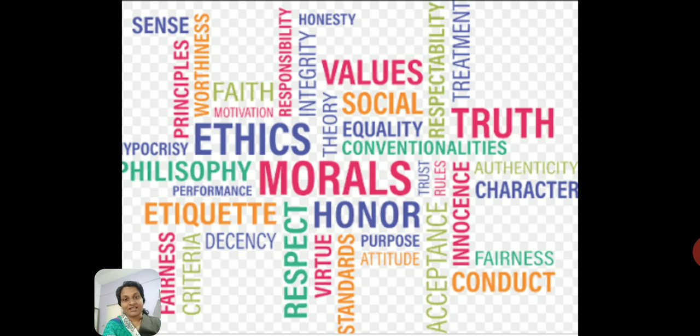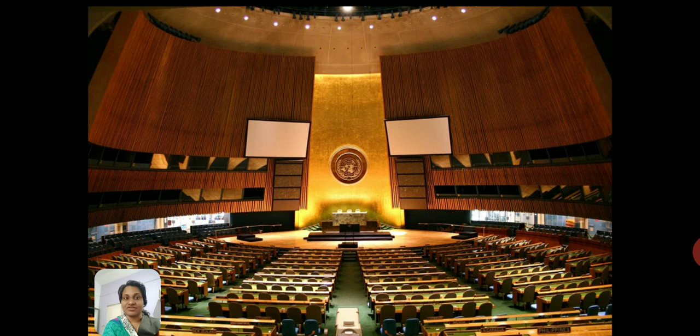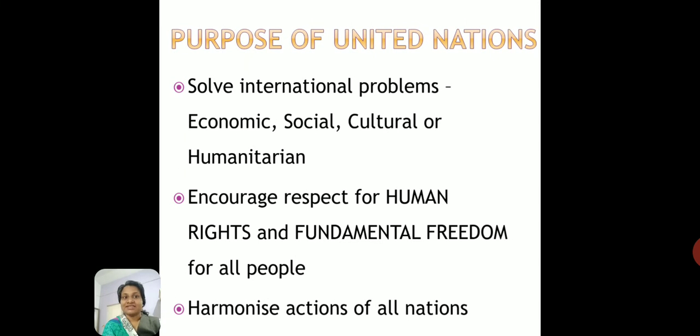Okay, so these are the purposes of the United Nations, and they try to see that these moral values are implemented in all the societies of the country, and even the basic human rights and basic education, food, shelter, these things should be available to the people. So for these things, the United Nations runs campaigns. Okay, this is the headquarter of United Nations in Geneva. Okay, so this is a regional headquarter, and these are different things about the United Nations which we need to